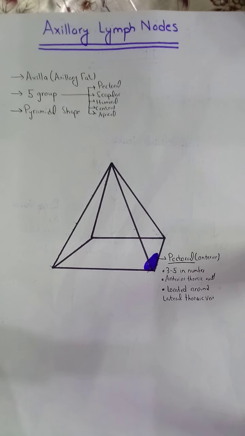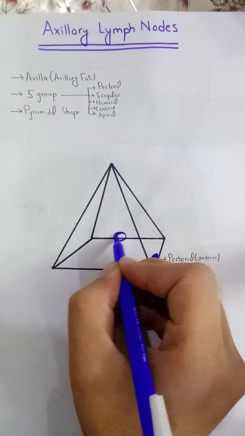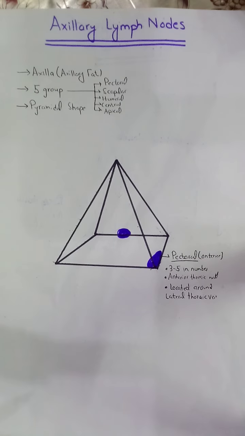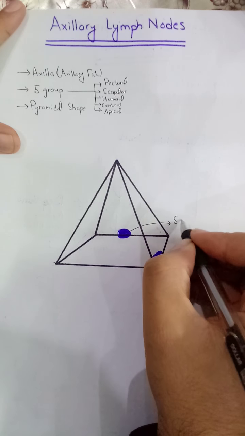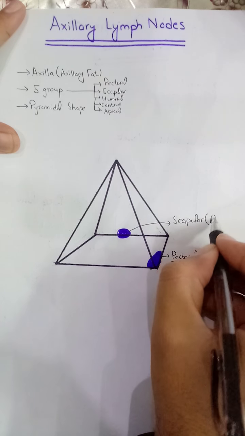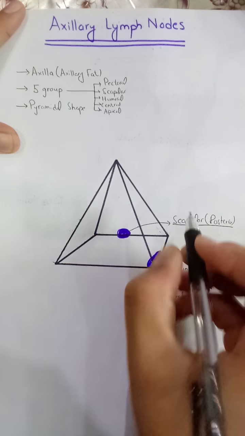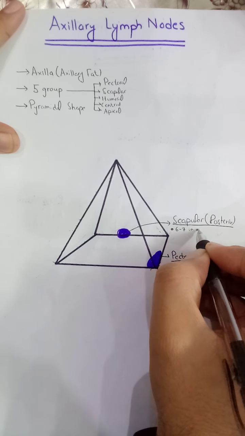Now the second one are the scapular lymph nodes, or we can say it as the posterior lymph nodes, which are present on the posterior side at this point. These are scapular lymph nodes, or they are called posterior. Now we will see a brief introduction of these. They are 6 to 7 in number,